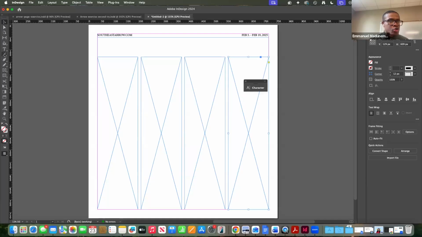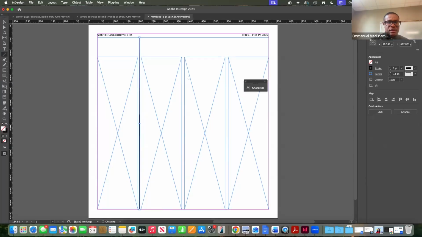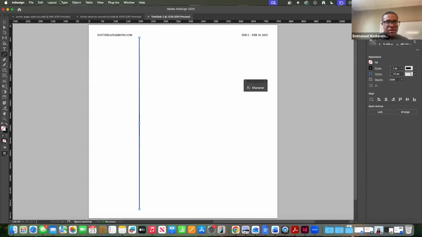So when you go to your tool, you will see a line tool right there. You click on it and you draw a line. How long is the line? It starts from the top of this column and it goes down. We put it at the center, right? So this is what we have. We have our line,